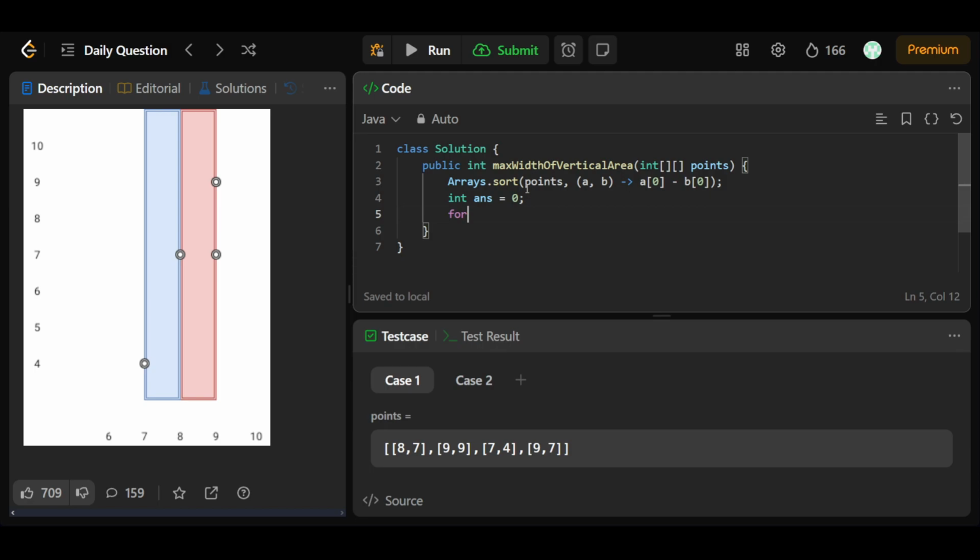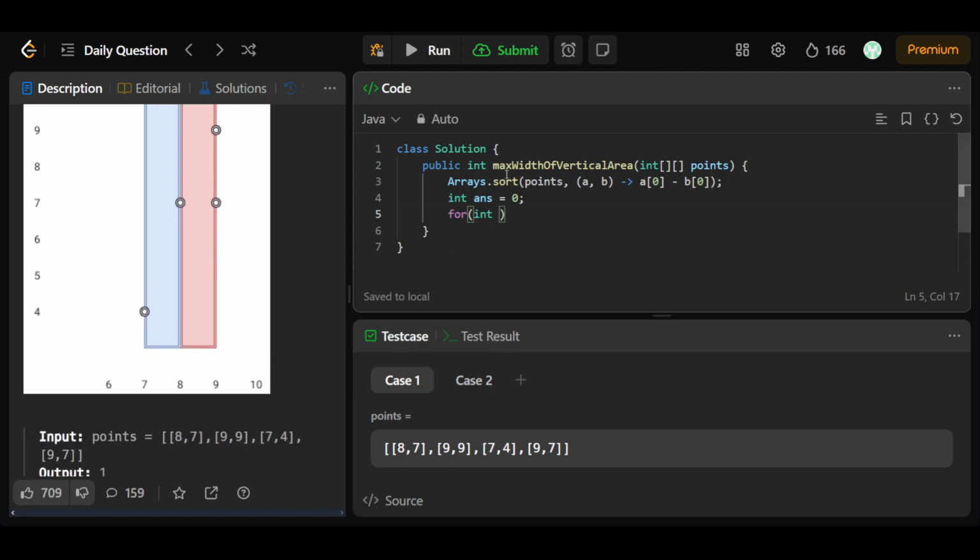And then let's run a for loop, and we'll be comparing it with every previous vertical area, because we can rearrange the points. Okay, so that won't affect. int i equal to 1, i less than points.length, and then i++,